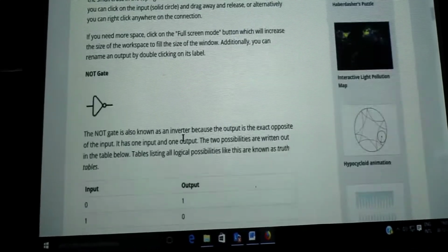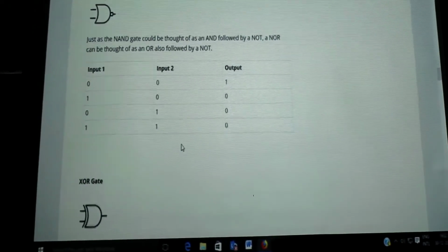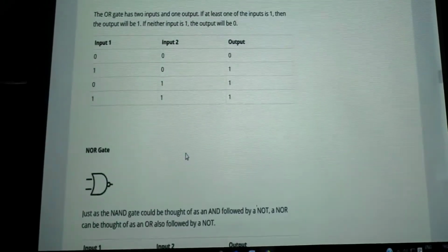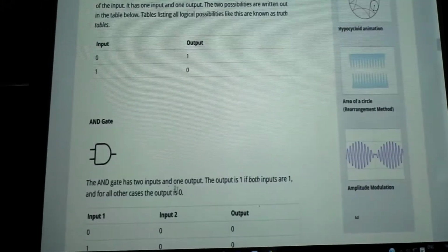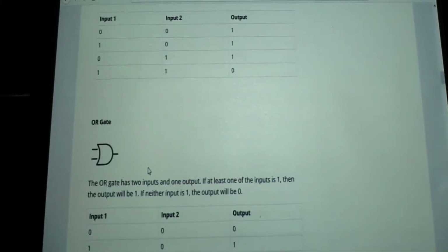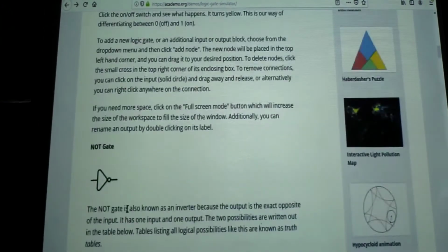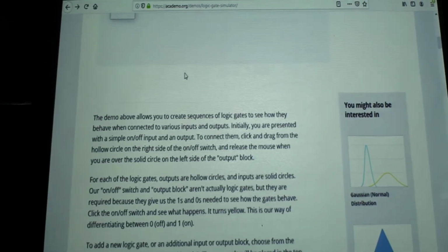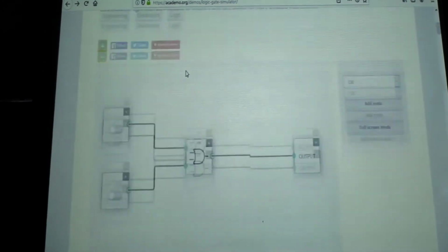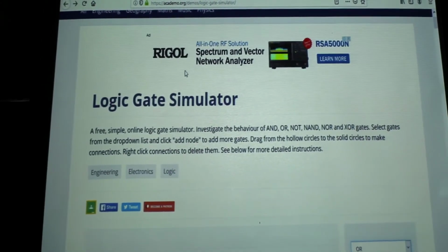The rest of the literature is also there. You can see the description of individual gates like the NOT gate, AND gate, NAND gate, OR gate, and NOR gate. That is your syllabus. So these 5 gates are there in your syllabus. You can test it at home with the help of this website and write in your record file